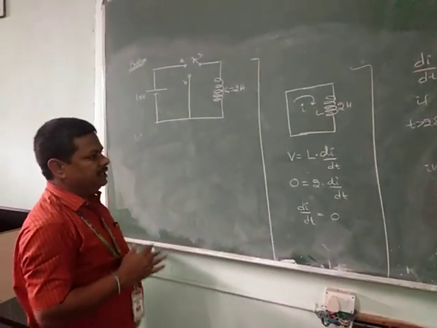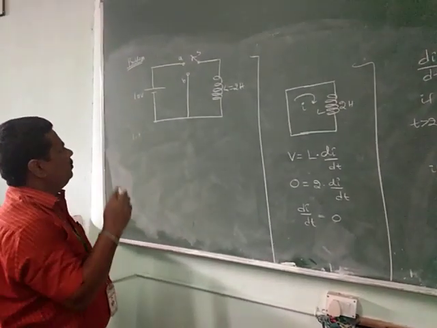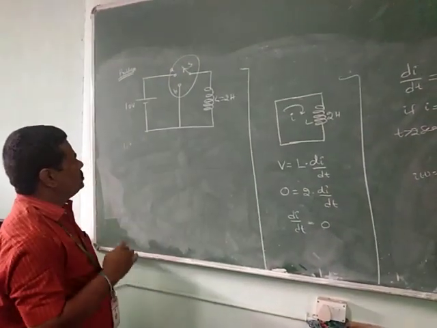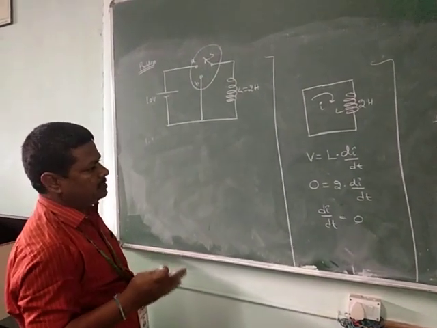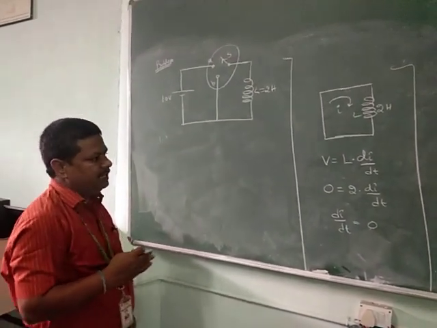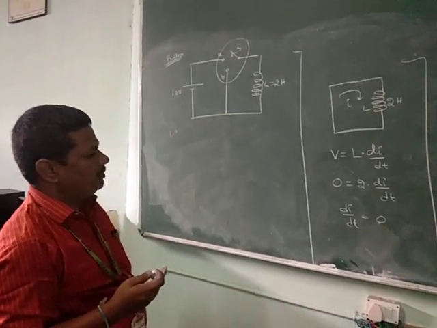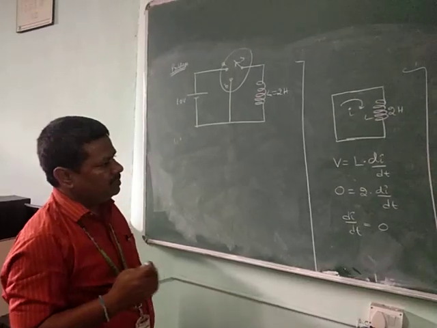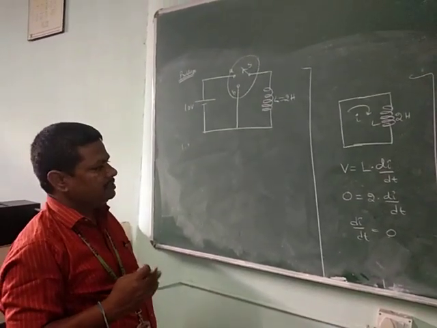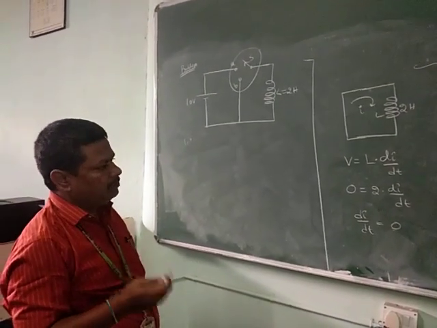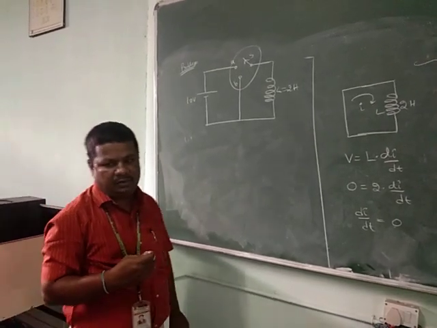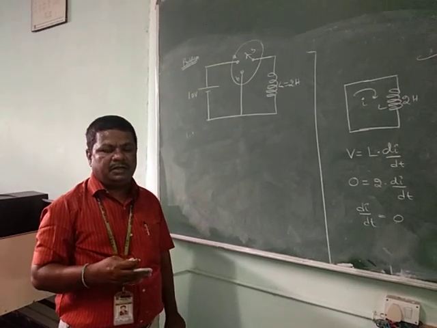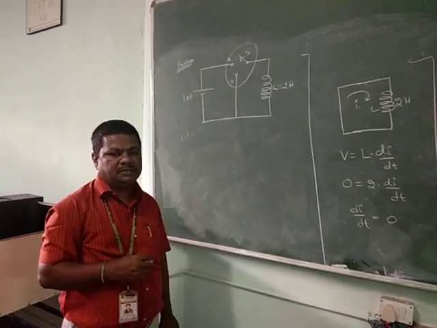Like that, in transient analysis there is a switch. This switch is closed or this switch is open at a particular instant. Based upon the initial conditions, find out the response of the circuit. This is a simple inductor. Next class we discuss capacitor initial conditions. After that we concentrate on combinations of resistor and capacitor, resistor and inductor, and resistor, capacitor and inductor. Thank you.